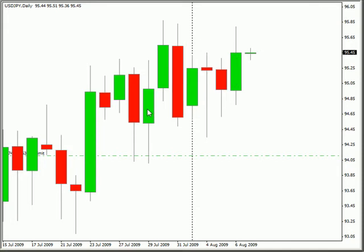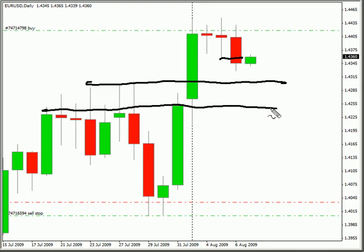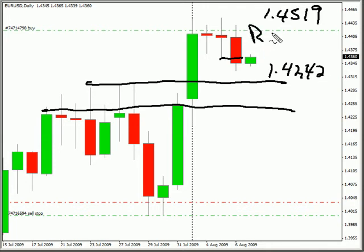94.95 level. Now, switching to the Euro USD pair, this particular pair closed down today. Did break the low, still looking for it to move a little bit lower down to this point and then down to this point. Don't know if we'll get there, but definitely looking for that still. Look for this pair to potentially move as high as 145.19, possibly as low as 142.42. Look for some resistance around 144.00 and look for some support around